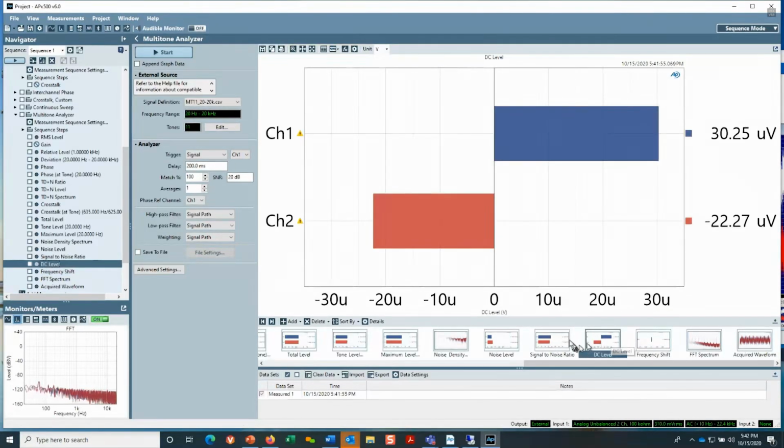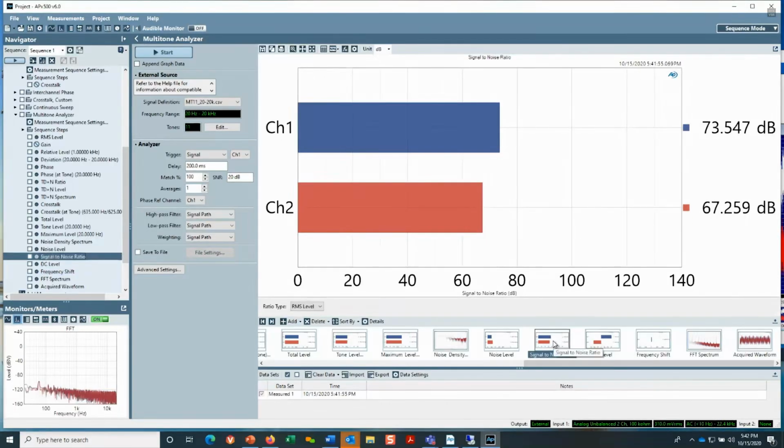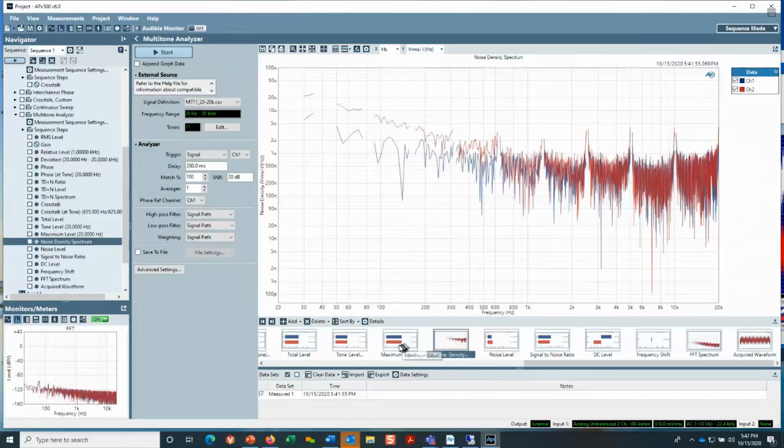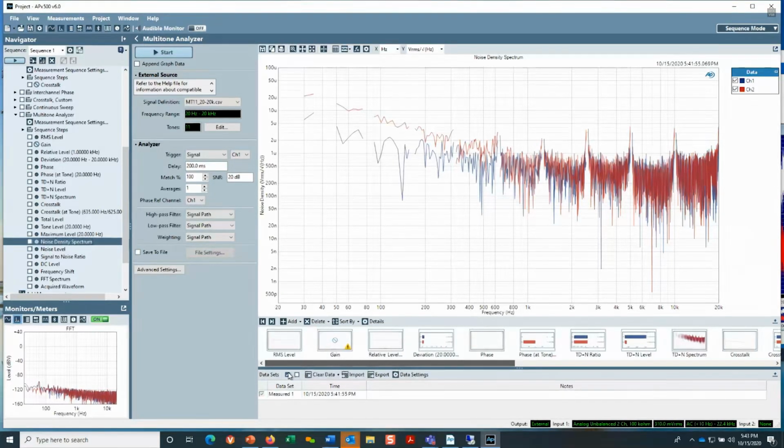We can measure the DC level, the signal to noise ratio, the noise level, the noise density spectrum, and so on. So really a large variety of results that you can use. Now, something else I wanted to point out, I mentioned that this signal is quite